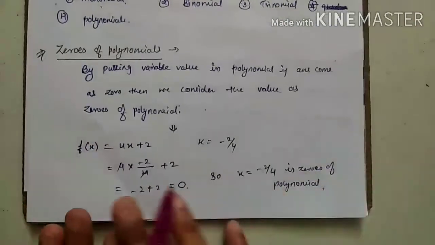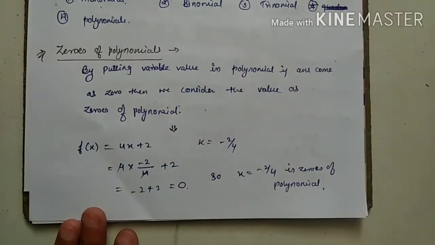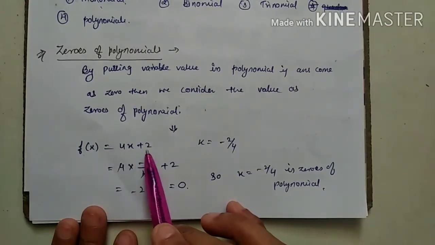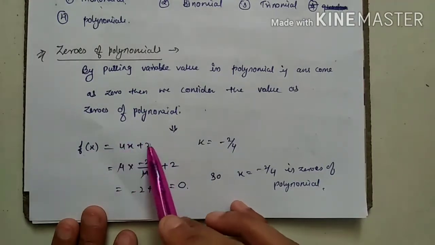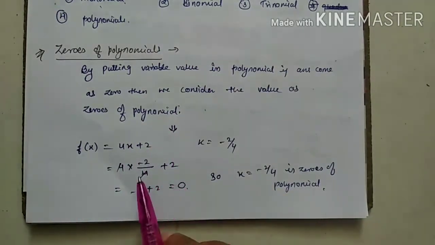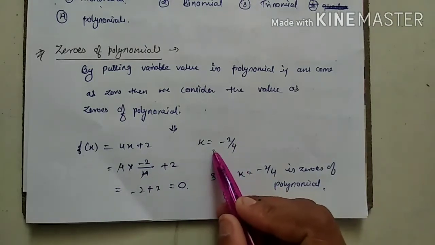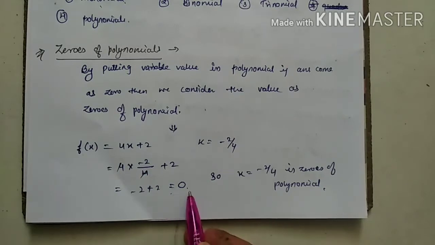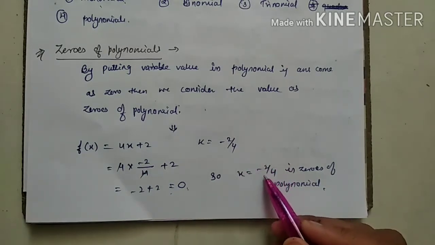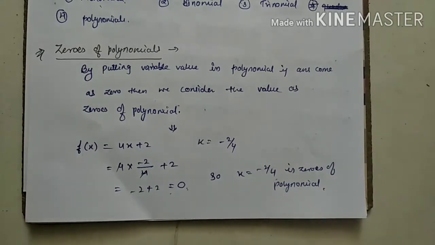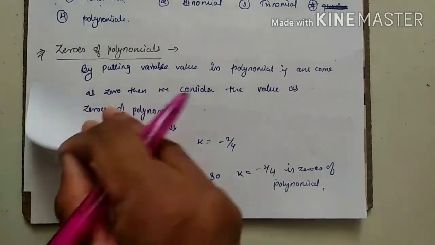How? I have taken an example to give you some basic idea again. Here f(x) equals 4x plus 2. 4x plus 2 has how many terms? 2 terms, and 2 terms is called a binomial, correct? So here you have to find the zero of the polynomial, and the question gives x equals minus 2 by 4. So I put it in place of x. I am getting what? 0. So I can say that x equals minus 2 by 4 is the zero of the polynomial. I think you know all these terms, but in the 10th class there is some addition to these terms. So now come to your 10th class topic.